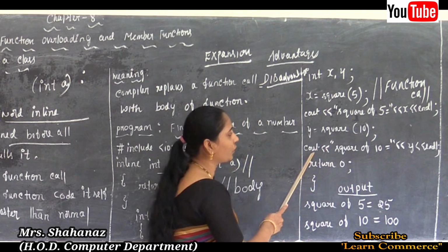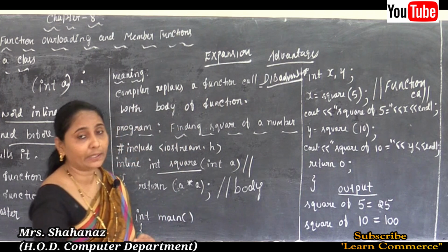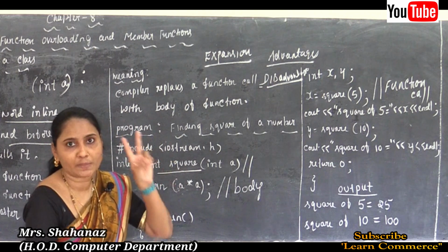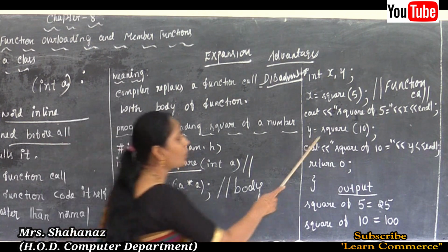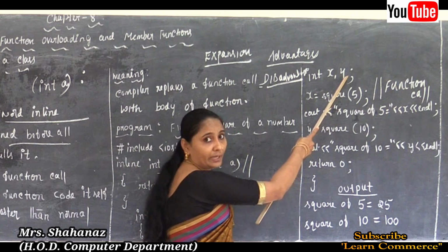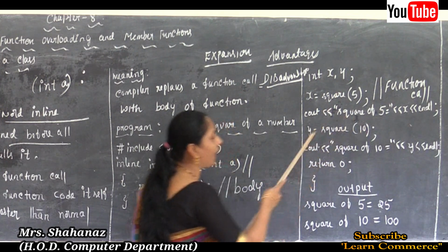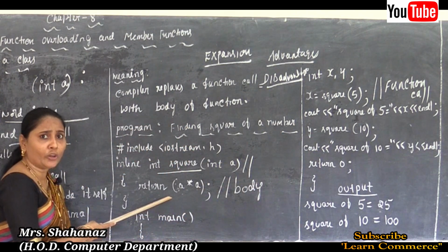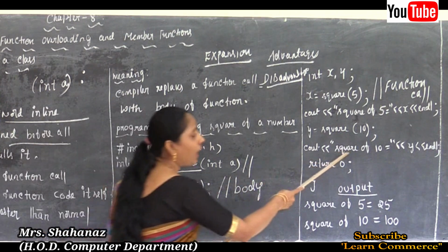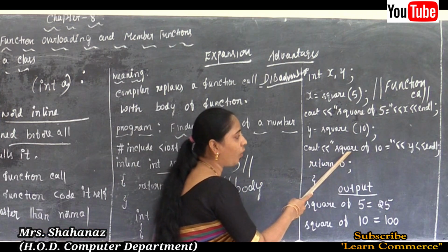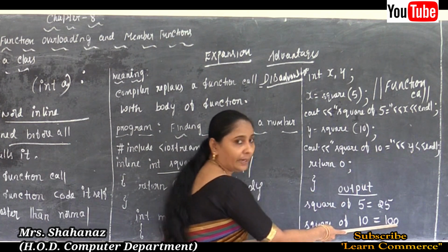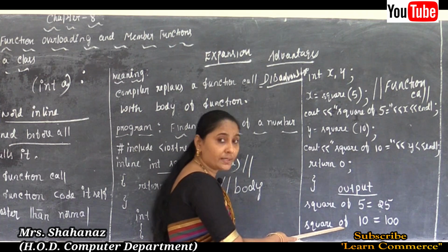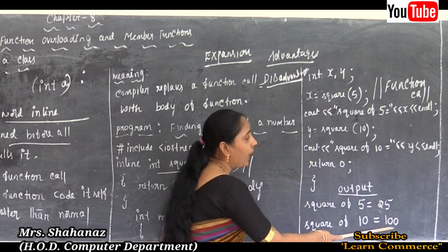And later next one is about our this second. Why? Because here not just only one time I want to call the function, maybe in this program twicely, that means two times I called the square of a number. So this second time I already used the variable y. So the square of 10 going to add it to the y. When you are going to call any function, it going to replace into the body of the function and going to multiply. So after that it going to display the message, the square of 10, that is equal to the 100. Why? Because the 10 going to multiply twicely. 10 into 10 will get the value as the 100, okay.